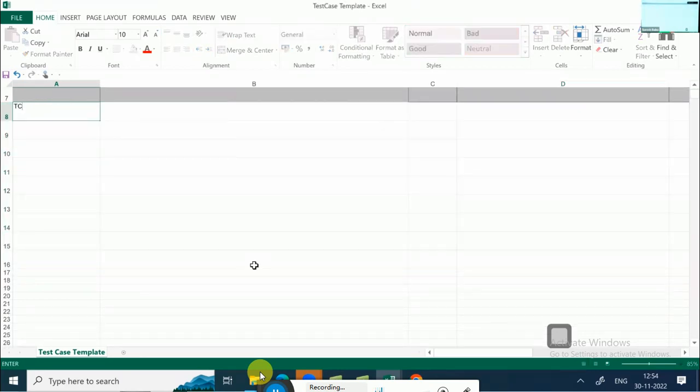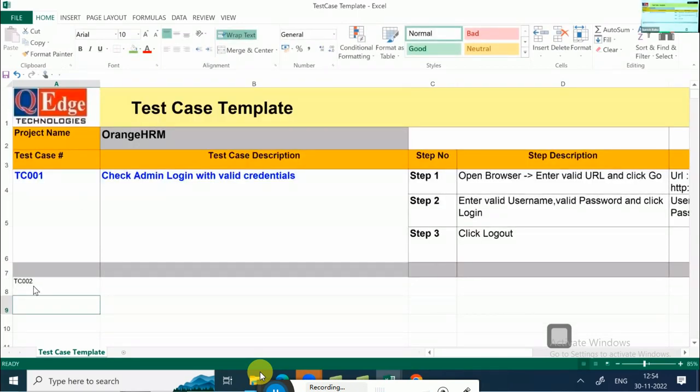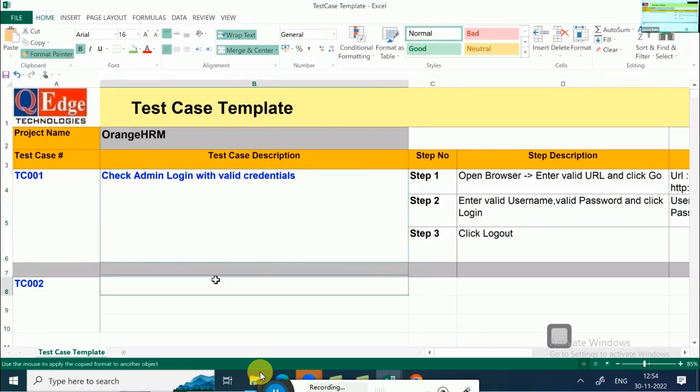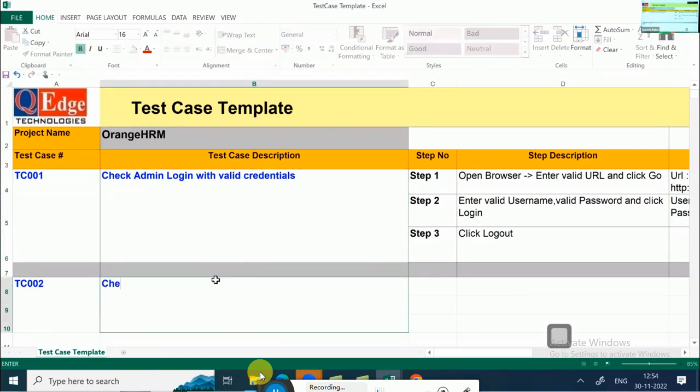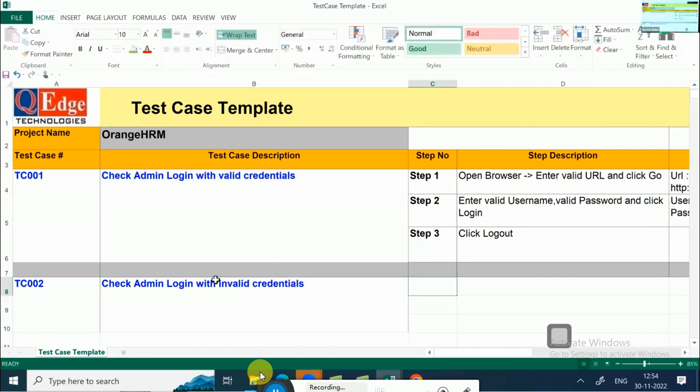Let me write the second test case. Test case number 2. Description: check admin login with invalid admin credentials. Login with invalid credentials. Do remember, only username and password